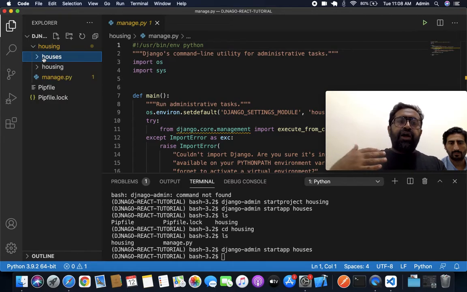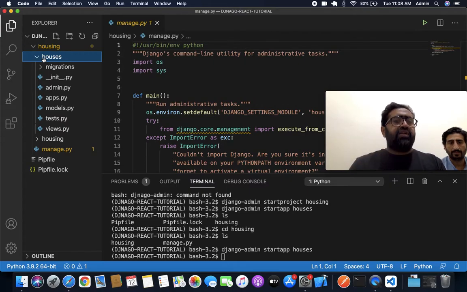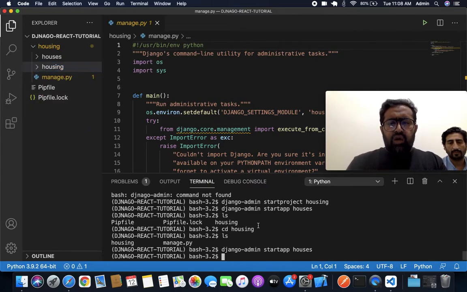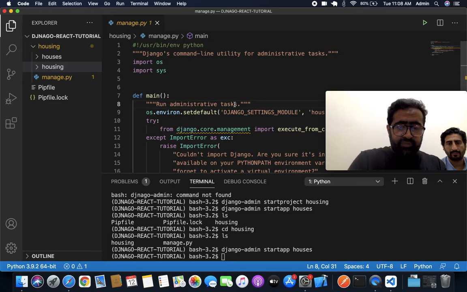All our application code will be written in this houses application, but our main application is this housing, which will run it. Now I want to show you something which is very nice. If you press Command Shift P or Control Shift P, you will see that